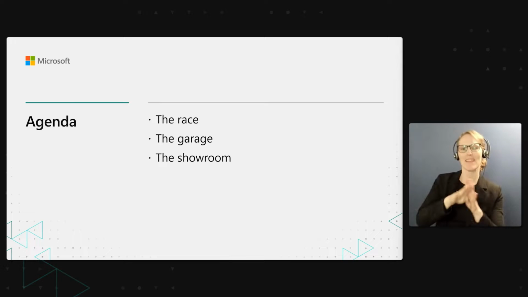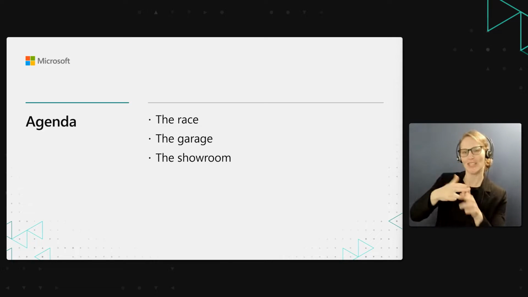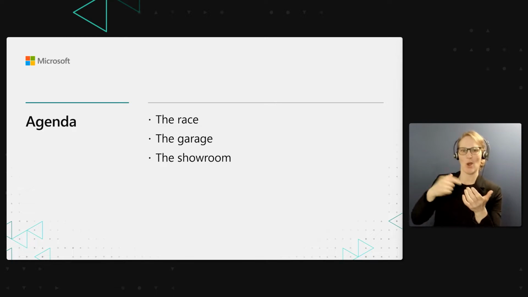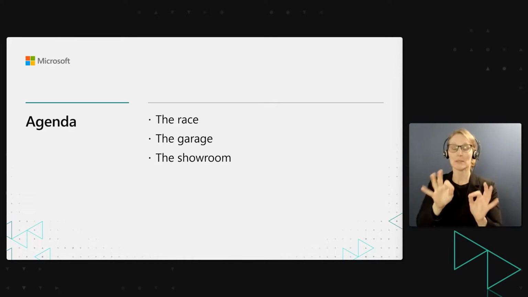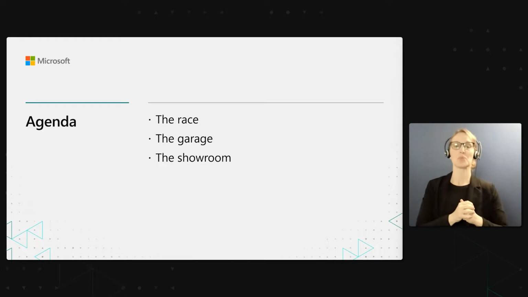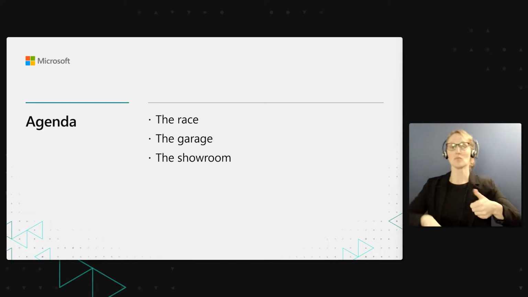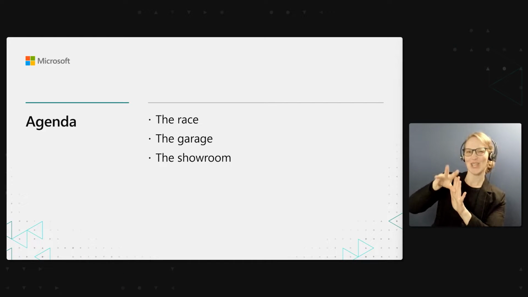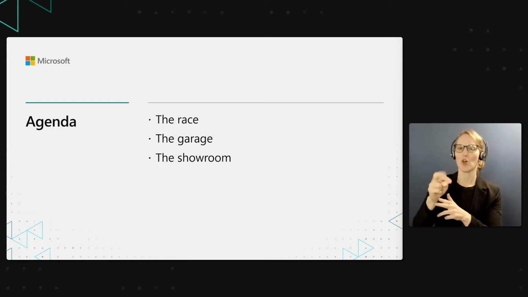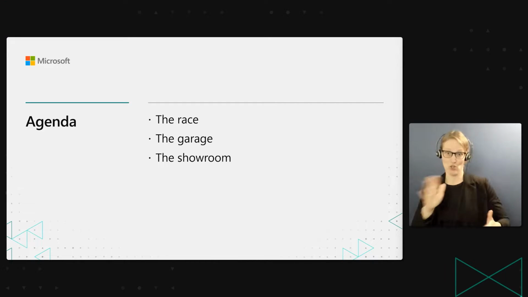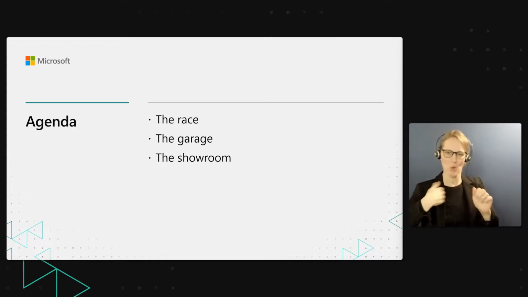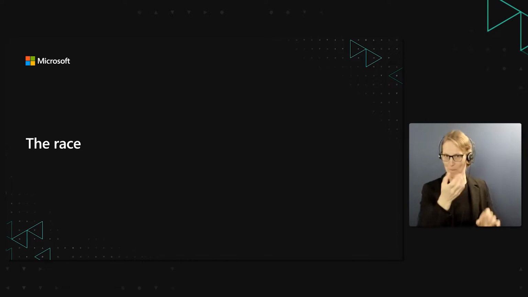The agenda for the talk today is these 3 items. We're first going to start looking at a video that's fresh off the presses, which we call the race. After that, we're going to head into the garage and look at how we used Simplygon to produce the assets we saw in that video. And then finally, we're going to go to the showroom to just quickly look through and scrutinize these objects a bit more. So let's just get into it. Let's start with the race.